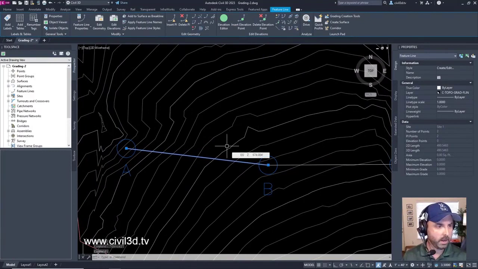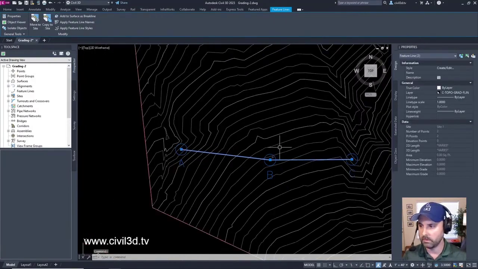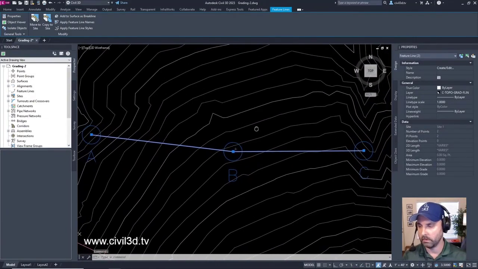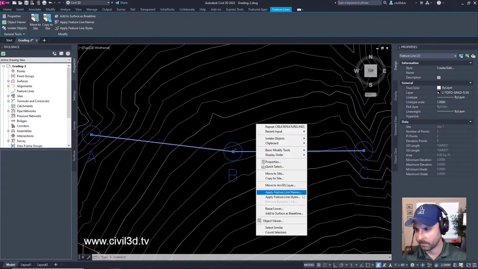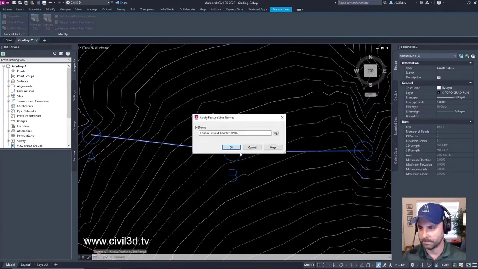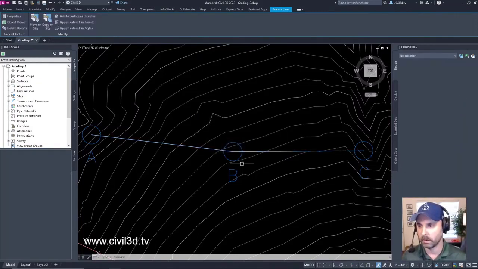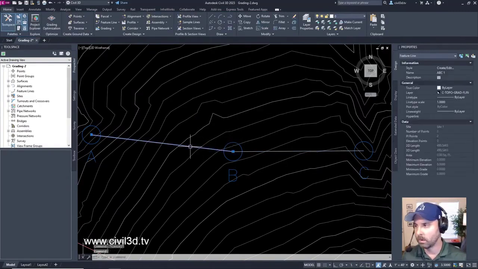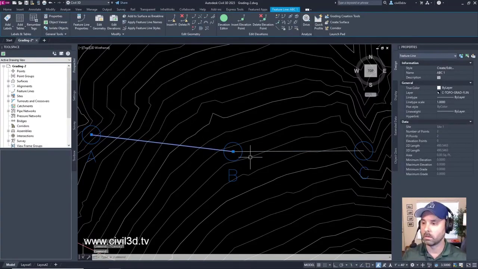And we're going to put in a name. We're going to select both these feature lines, make sure that A, B, C are in view here. Right click, apply feature line names. And then right here, we're going to type in ABC. Then OK. So now we have ABC1, and then we have ABC2.